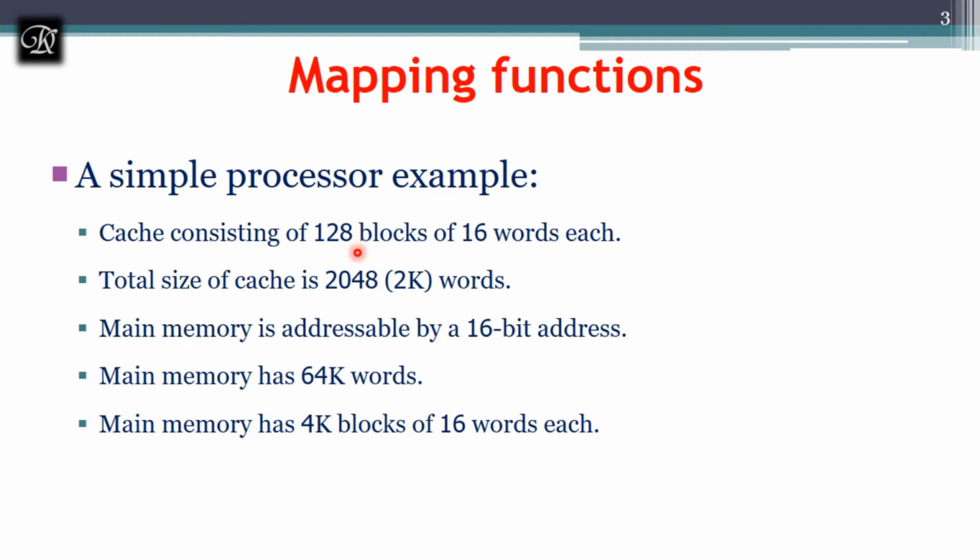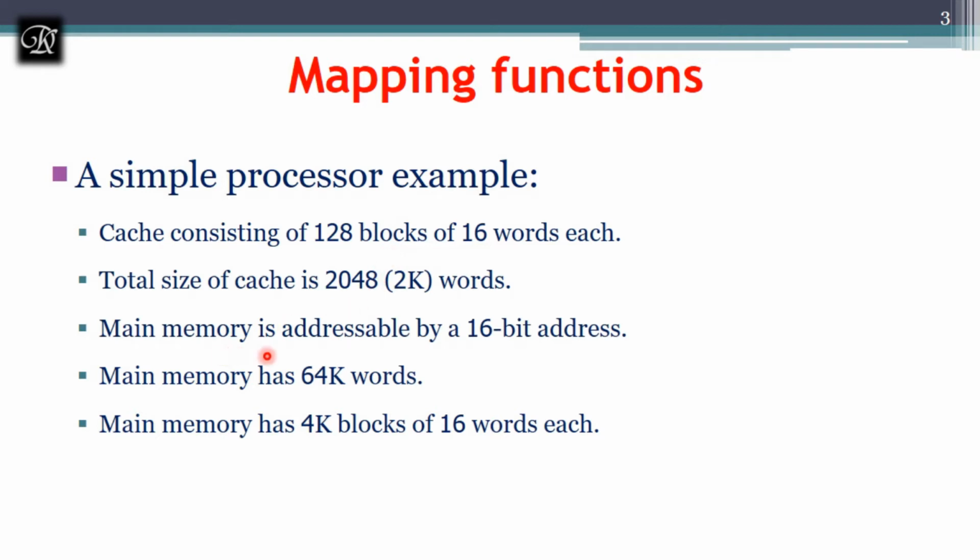But you should know how to get these values. They are going to give at least two of the values: either the block size and the number of blocks, where the block size I call a word here, or else the total size of the cache, the total size of the memory, and the number of words in each block, which will give you the total number of blocks.